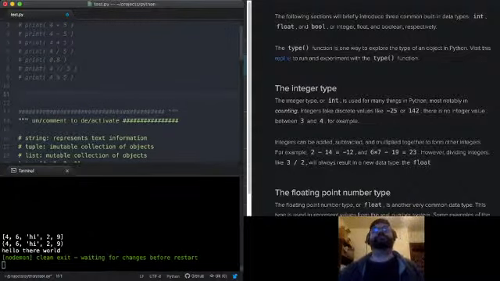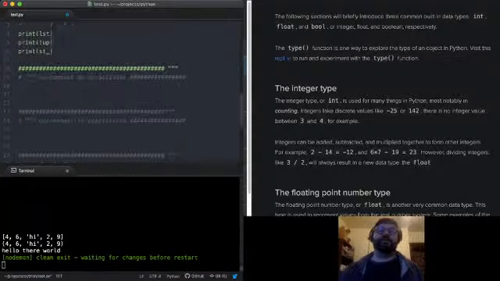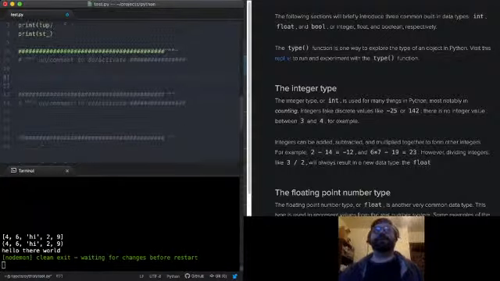I can think of a couple of contexts for this. Okay, so the way you can type check elements in a string is that all of the elements in a string are a string.